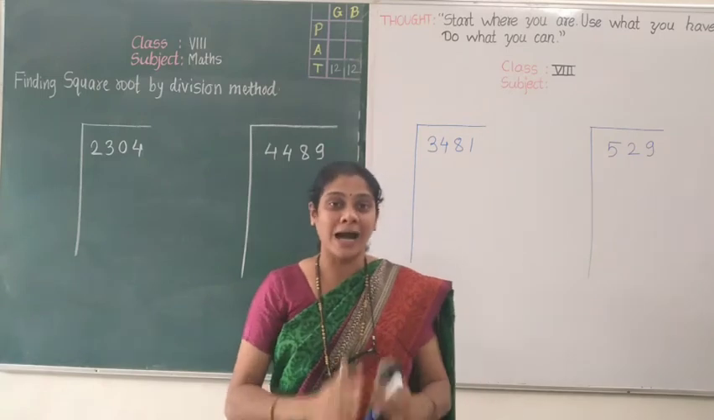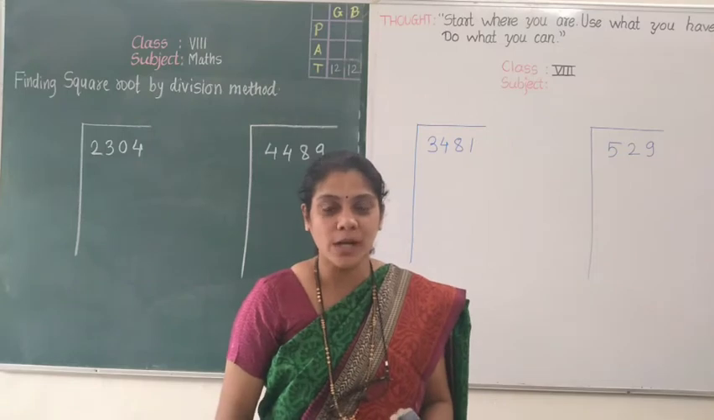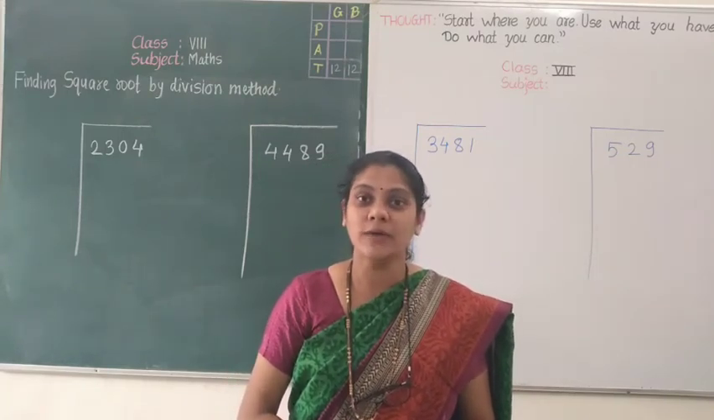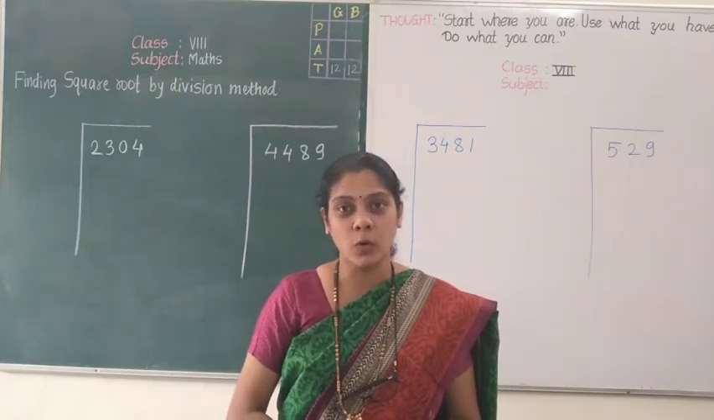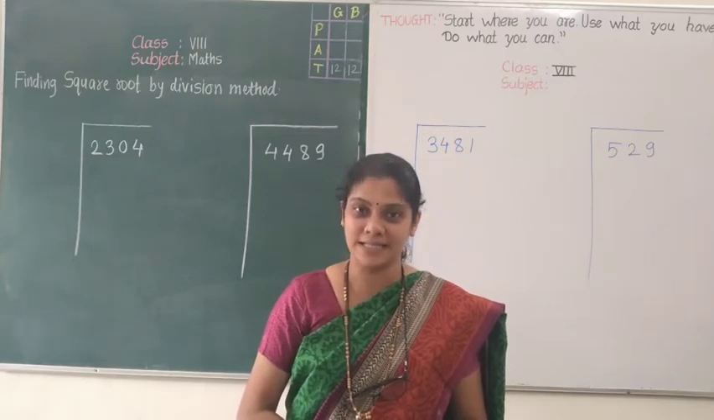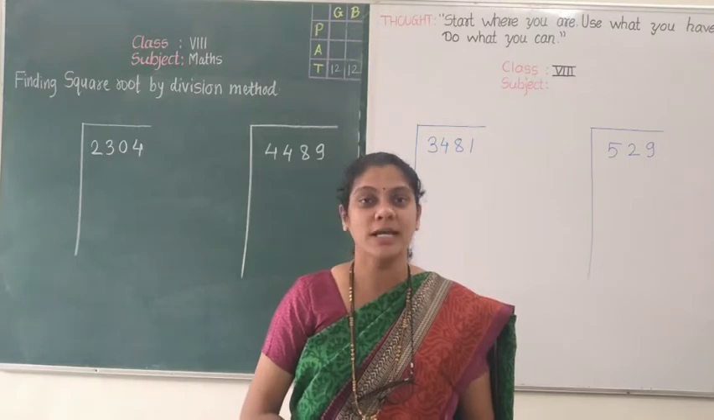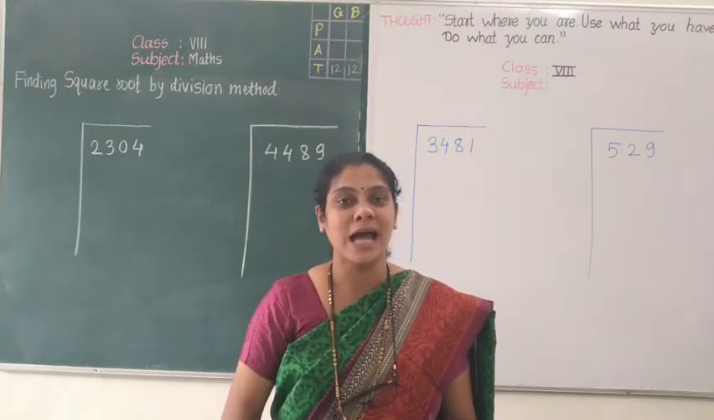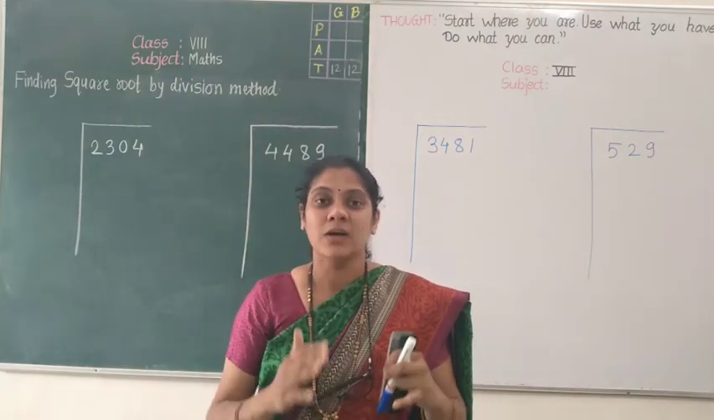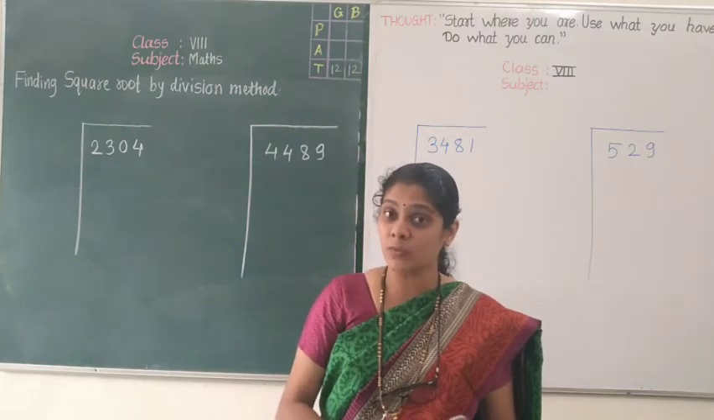Already we have memorized the squares of 1 to 9. What is the square of 1? 1. Square of 2? 4. Square of 3? 9. Square of 4? 16. Square of 5? 25. Square of 6? 36. Square of 7? 49. Square of 8? 64. Square of 9? 81. And square of 10? 100. Like that, we have already studied and memorized the squares of different numbers, and also we have